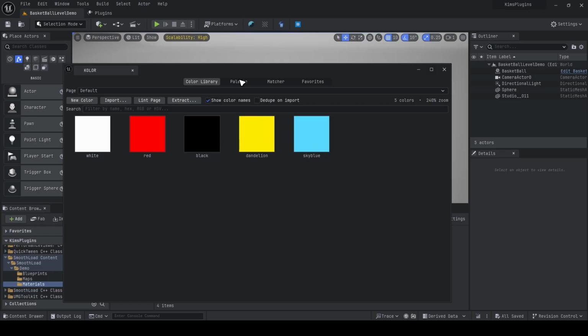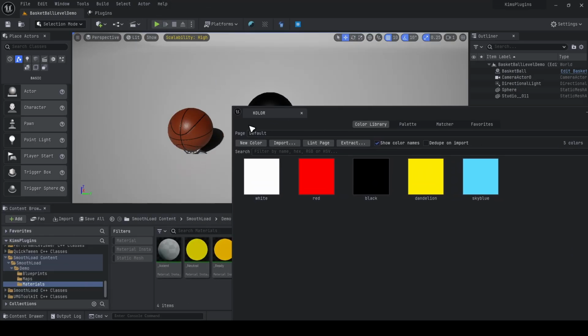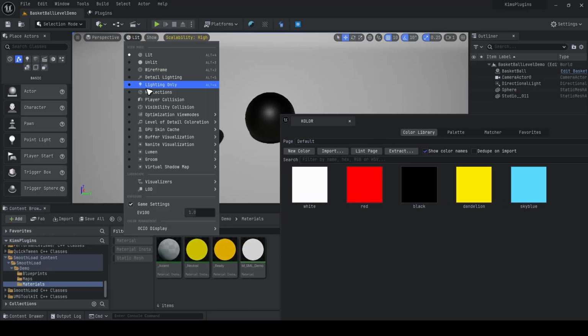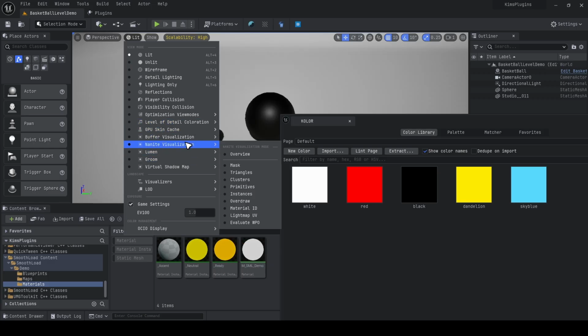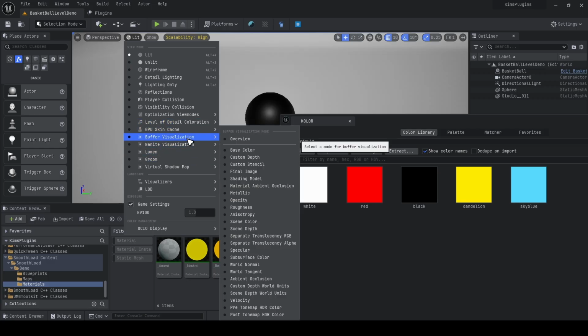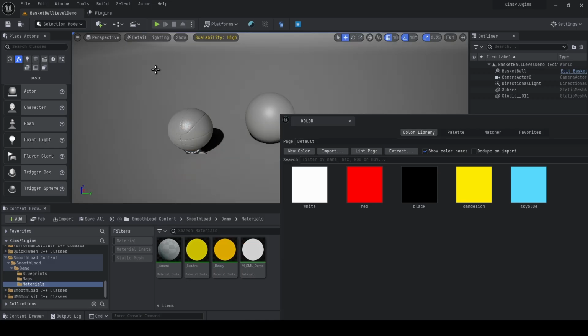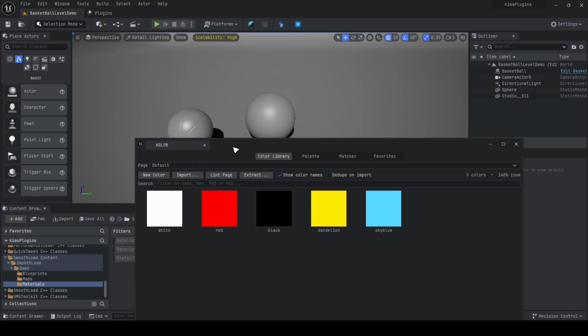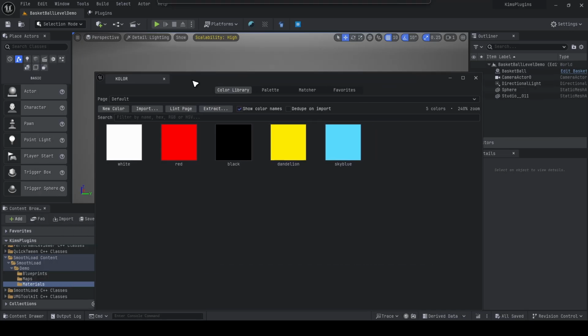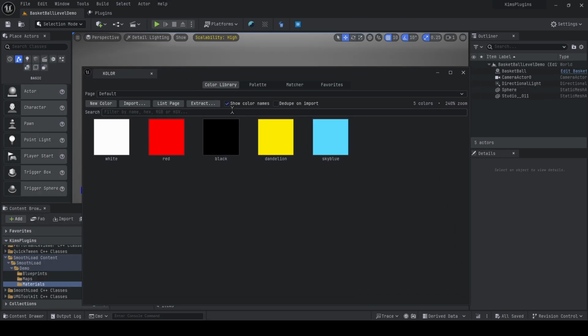So in a different scenario, sometimes when you are checking your scene, you can put it in black and white. I think there is a black and white buffer visualization, visual lighting only. Like this, right? So the colors might literally look kind of like that, so you might need to distinguish them. And then we got extract, which will take the color from the